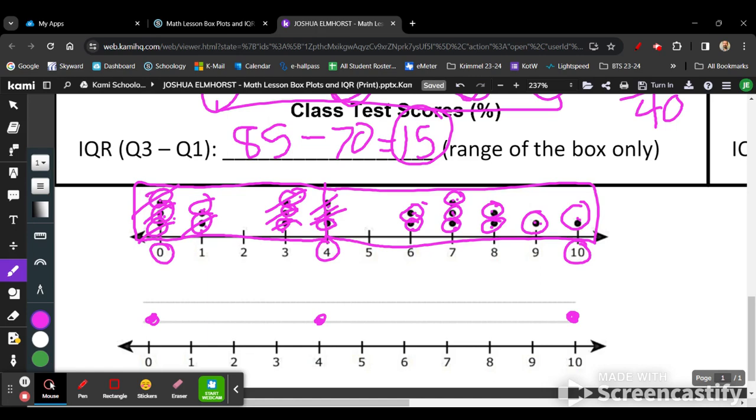So then we got left, right, left, right, left, right, left, right. It's going to be at 2. And then we go on the right side, left, right, left, right, left, right, left, right, left, right, and 7. Put a line through the median, the lower quarter, the upper quarter, put a box around it,